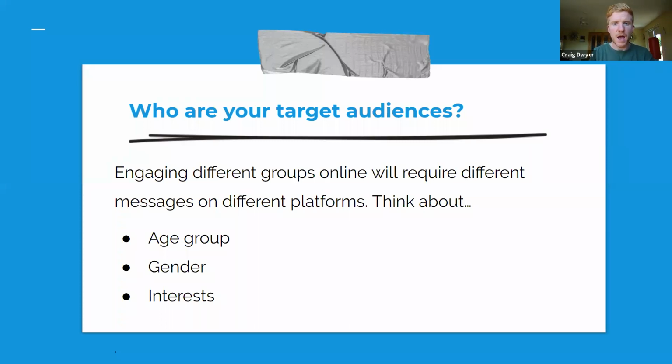So it's about thinking about who those target audiences are, but also being able to prioritize them, as we're thinking about our resourcing and our messaging. So if we're saying younger people are our primary target audience,